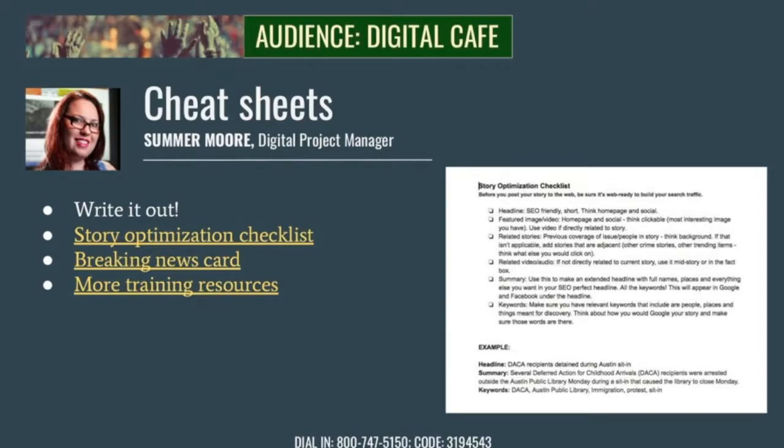The breaking news card, and both of these were developed by the Austin Statesman, giving them a shout out because they definitely did this. But the breaking news card is another thing that can help a lot. The Austin Statesman actually puts it inside everybody's badge. So there's no question. If you're going out to cover breaking news in Austin, these are the steps that you need to do. You need to tweet from your own account. You need to take video. You need to send in, 3 or 4, or actually I think it's 1 or 2 sentences